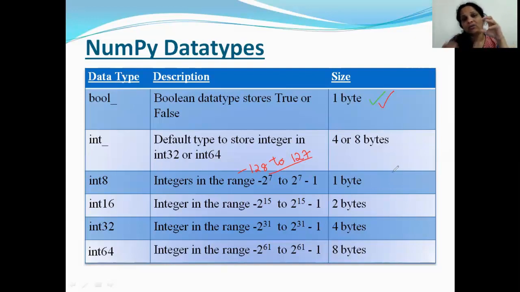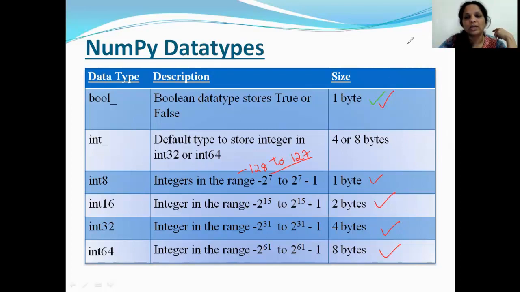As the range of numbers it can handle increases, can you see the bytes also increasing? Int 16 is 2 bytes. Int 32 means it's going to occupy 4 bytes for each element of the array. Int 64 means it is going to be occupying 8 bytes. Okay. So now I'll tell you something very easy. If you think your numbers are really small, use int 8. Otherwise, int 32 and int 64; int 32 is good enough for anything else. I'm not saying that if you're storing small numbers, you can't use int 32. You can. But the only thing is there would be a wastage of 3 bytes where I needed only 1 byte of storage. Is that clear?